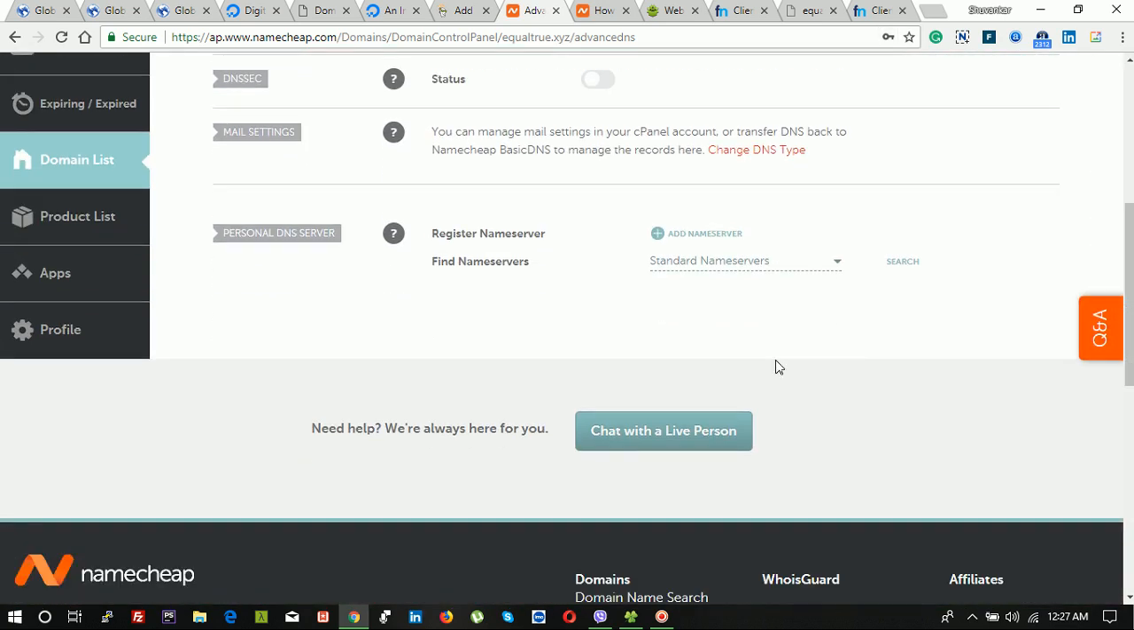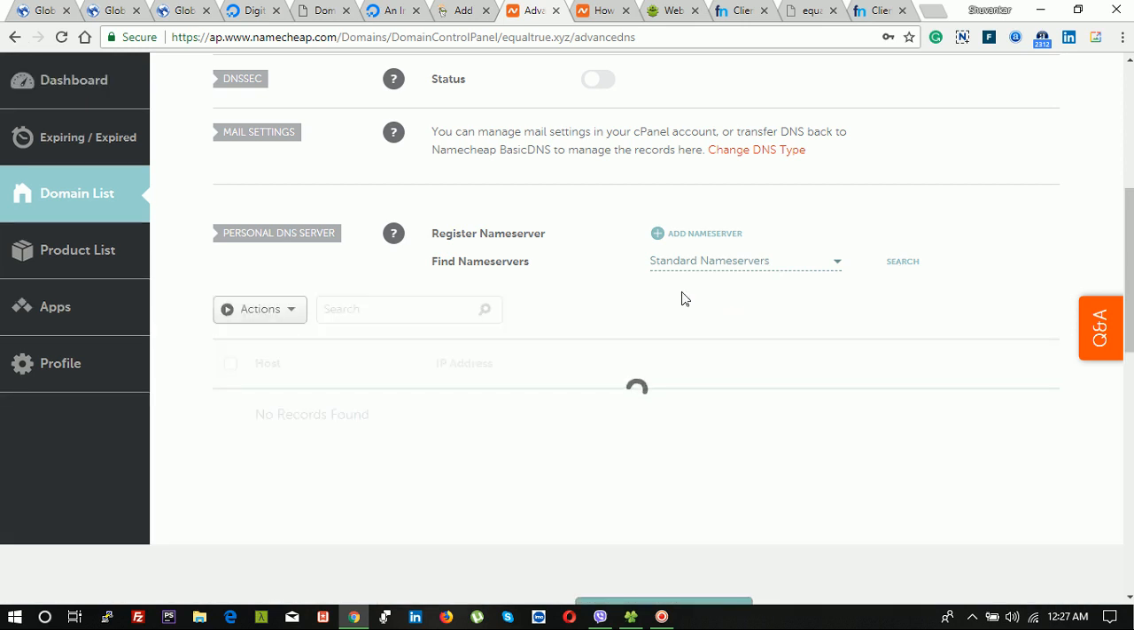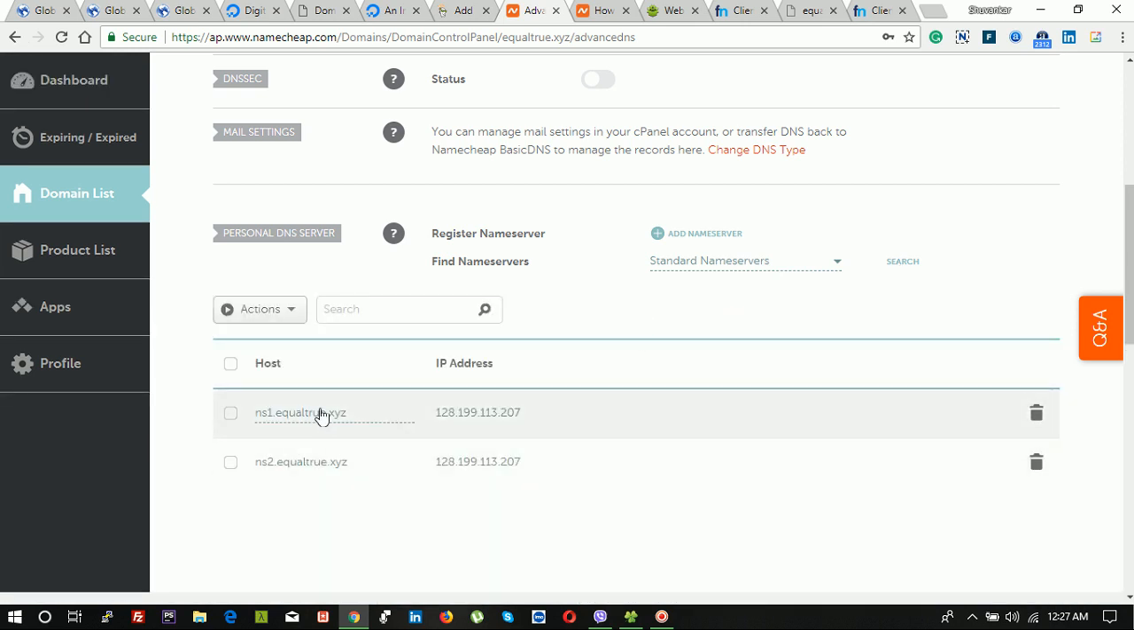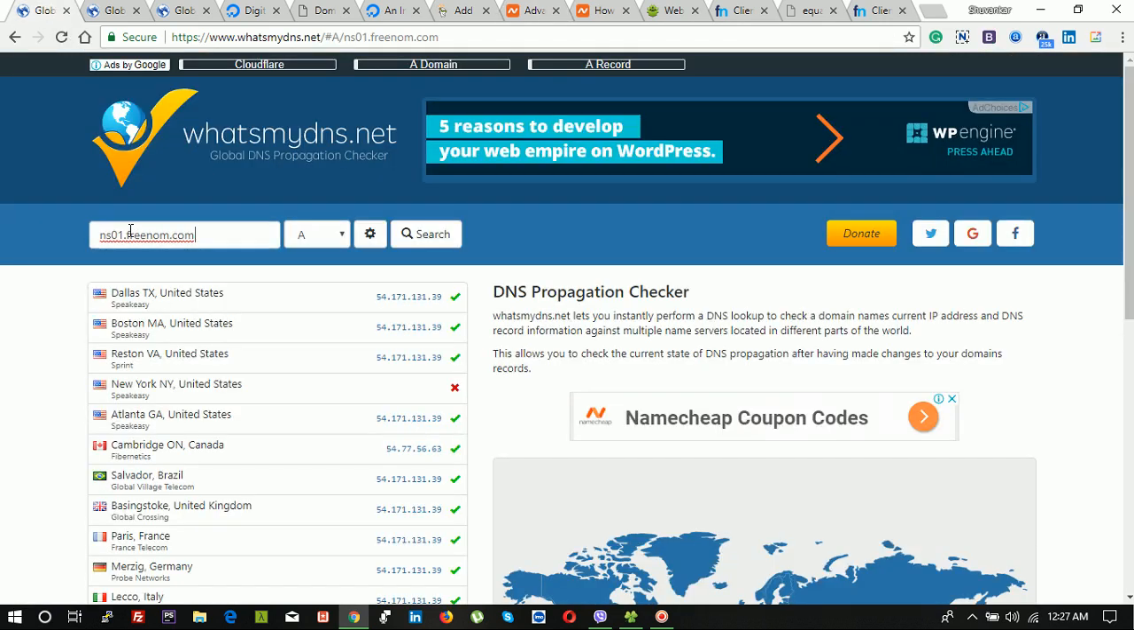You can find the option here, add DNS server, NS1, and the IP address you are going to assign. When you click on done, it is submitted on the internet. To see the existing IPs that are already assigned in the NS server, I have already assigned ns1.equaltrue.com, ns2.equaltrue.com, and xyz on the server. So if I look there,